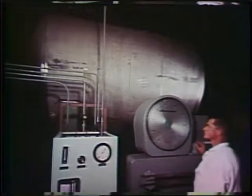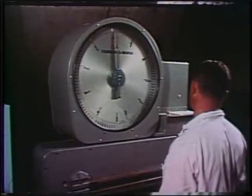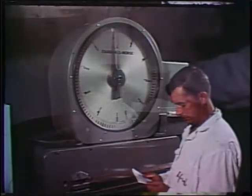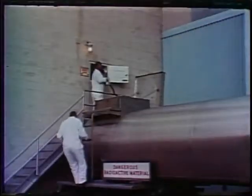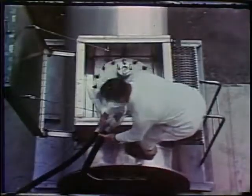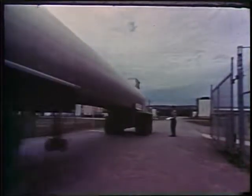The concentrated uranium nitrate solution stored in this tank prior to shipping is the primary product of Nuclear Fuel Services. Plutonium is shipped by pumping it into plastic cylinders, then placing them in large steel drums for shipment. From the storage tank, the solution of uranium nitrate is pumped into a tank truck. Then the valuable cargo goes to a distant location to be converted and fabricated into new fuel elements for an